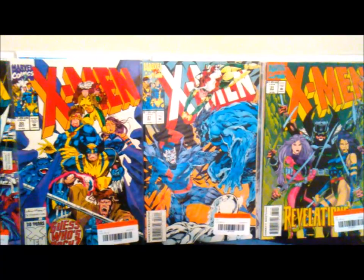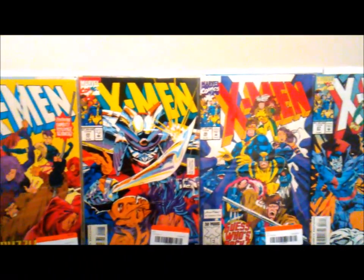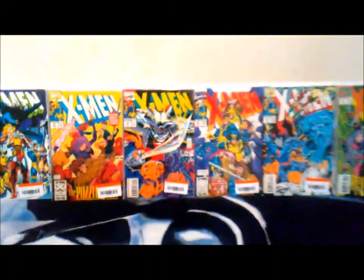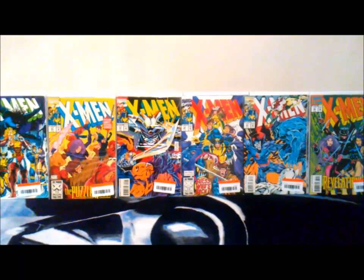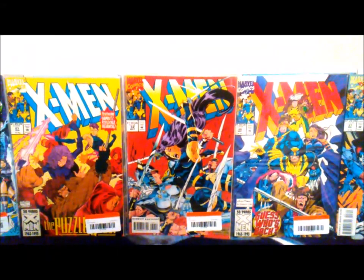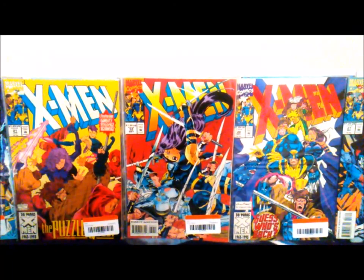Very cool. All these for 50 cents a piece. All right, I know you guys are tired of X-Men, but hey, that's all I really picked up. So I really went ham on just getting these X-Men. So let's keep going. And lo and behold, after 31, we have a beautiful copy of X-Men number 32 with